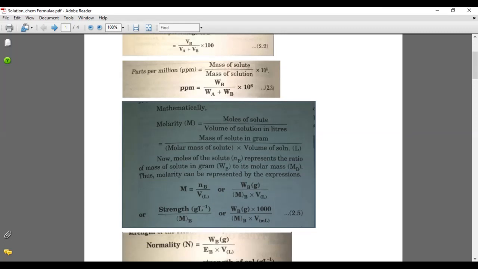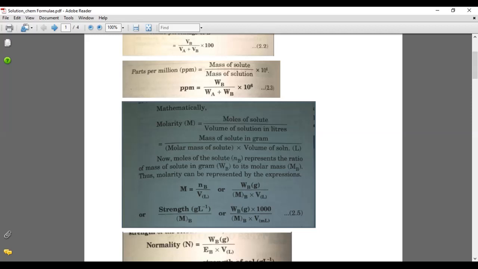So this is a very simple way of learning molarity: mole per liter. If you are able to remember these two words only, then it would be convenient for you in writing. Mole per liter, that is the unit also. Mole means number of moles of solute dissolved in 1000 ml of the solution at the given temperature. So this is the detail of the definition of molarity. And the formula is very simple.